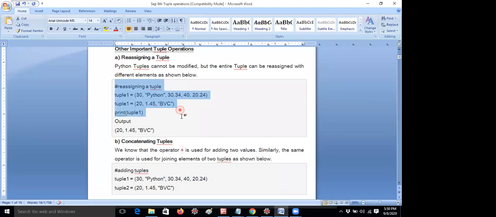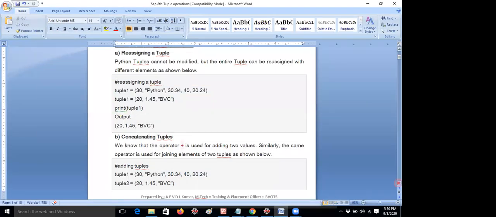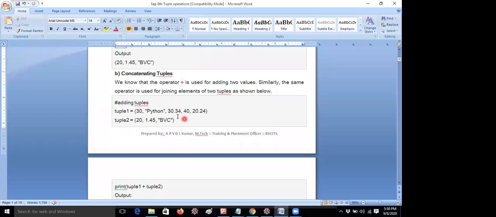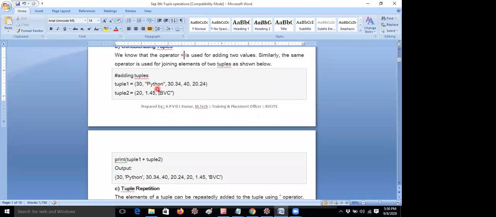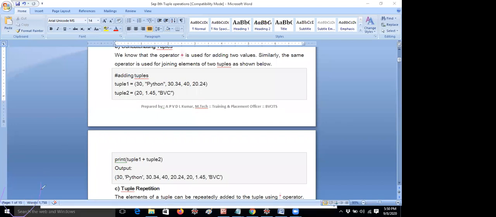Okay, next, concatenating tuples. I think everybody knows what concatenation is, guys. So by using the plus operator, that means all tuples. I don't want to waste the time. I hope you understand, guys. I don't want to execute it also, because it is taking a lot of time, because I have to tell at least 15 pages, my target, but unfortunately I'm having 15 pages of notes. So I hope you understand, guys, because it is very easy, so you can easily understand.